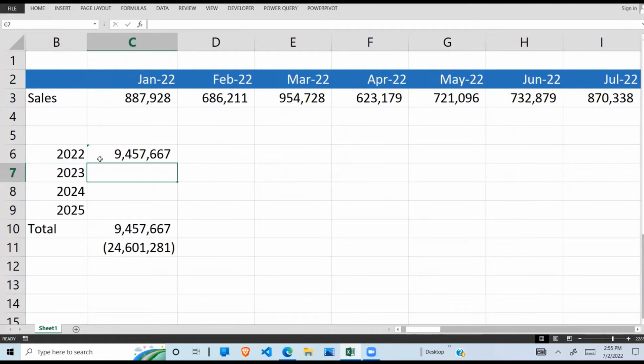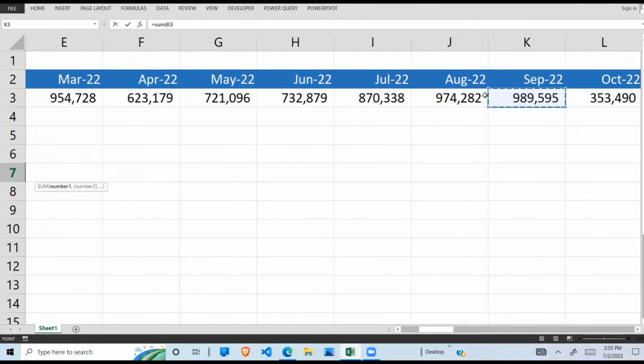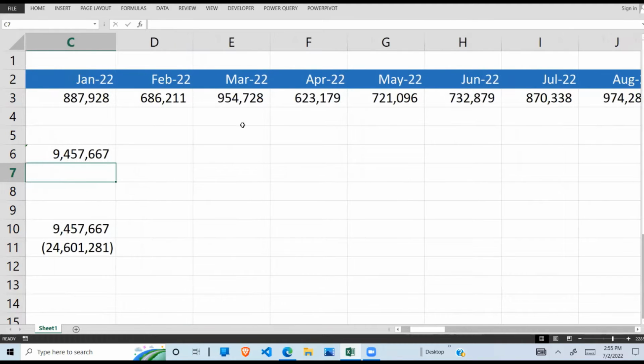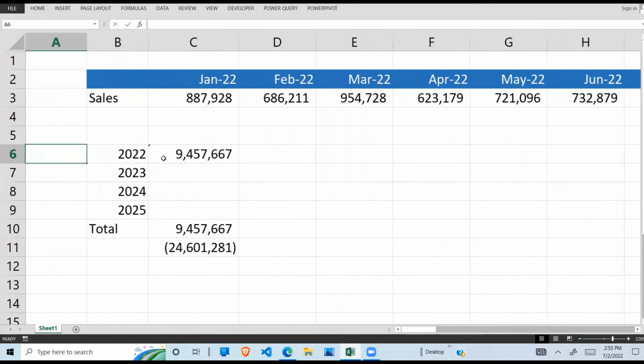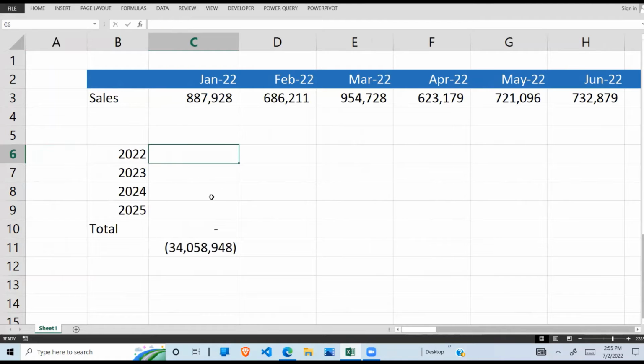Then next, you also come to 2023 and say, where does 2023 start? And you go and do the same. However, there are some Excel formulas that you can use to achieve the same result in a more efficient way. That's what I'm going to show you today.